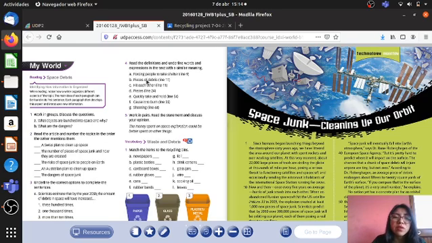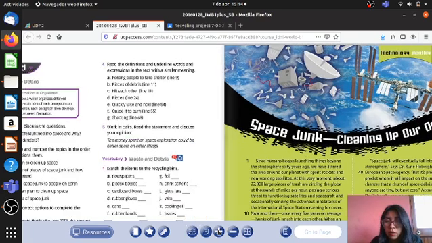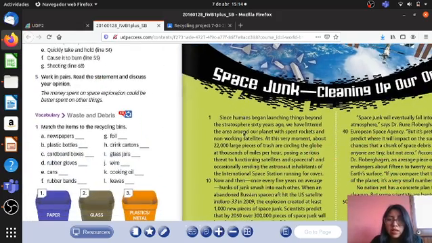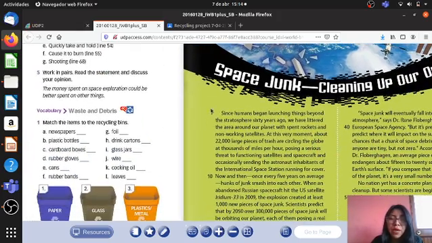I am going to do the first one. For example, in the letter A, it says forcing people to take shelter. Here you have the line in which you are going to look for the similar word. For example, I am going to go to line 9. Those numbers are going to help you look for the line where you have to find the definition. For example, that is line 10, so I am going to look in that line.